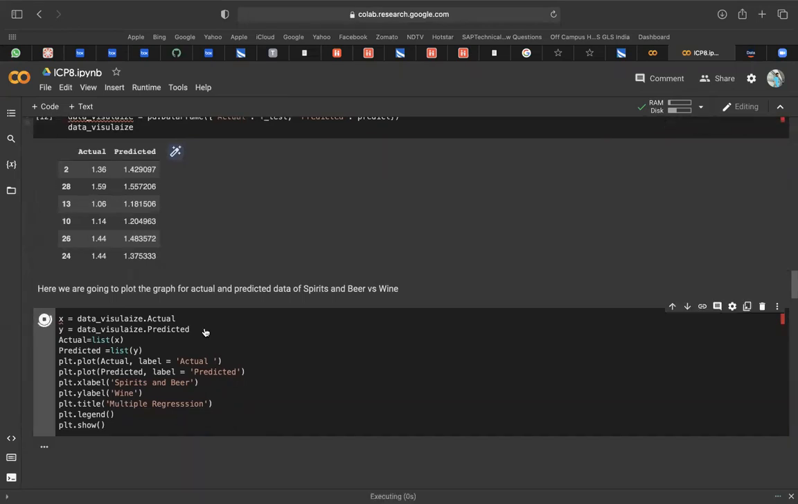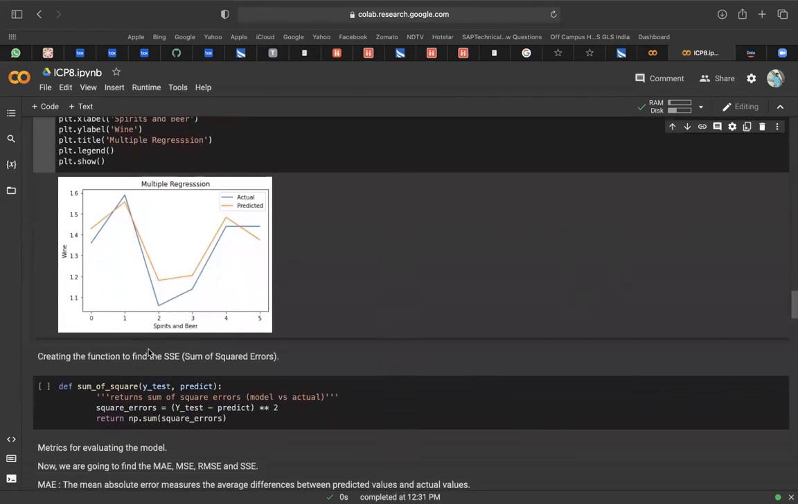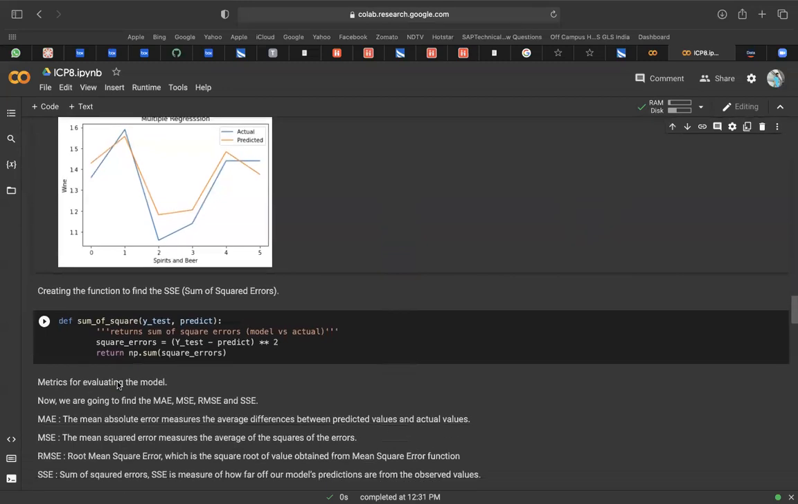Next, we'll plot the graph for the visualization. This is the graph that is plotted for spirits and beer, with wine as the x-axis. So these are the consumptions in liters. So the next step is to